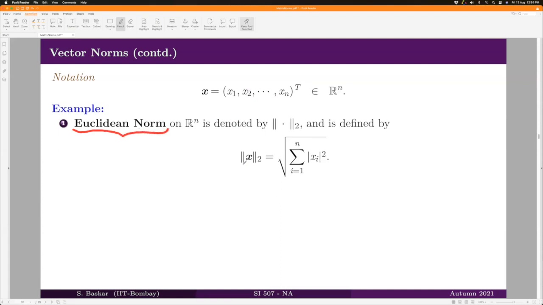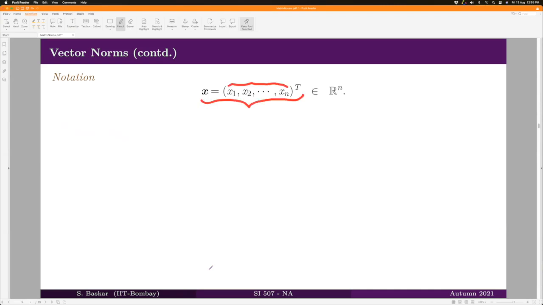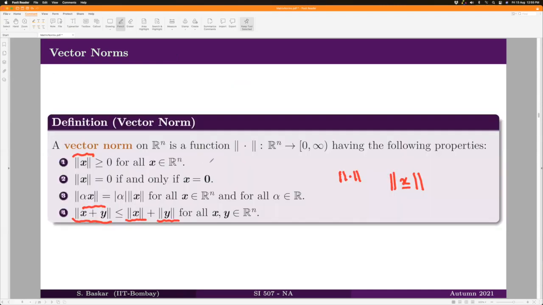This is the physically realistic one because it gives the actual distance between 2 points. And we are familiar with this formula, right? So you take any vector x and apply the norm to it, and that returns the number which is calculated using this formula. And that is precisely the distance between the vector x and the origin 0, right? You can go back and check all the conditions and see that the Euclidean norm formula satisfies all these conditions.